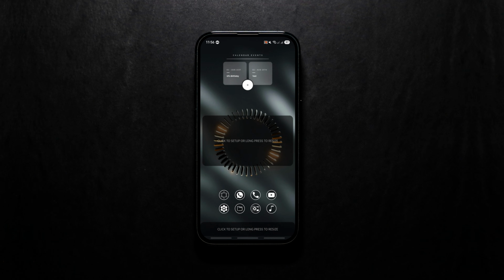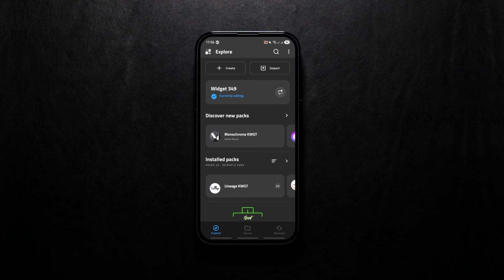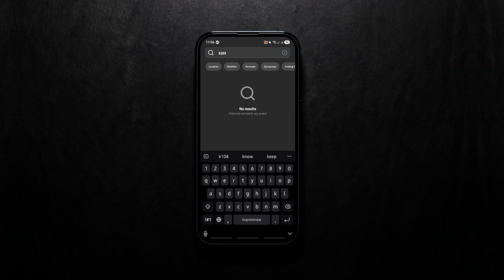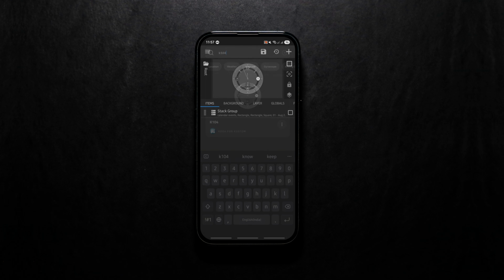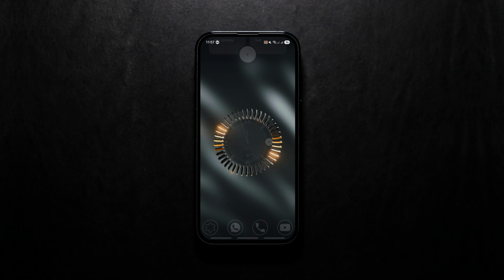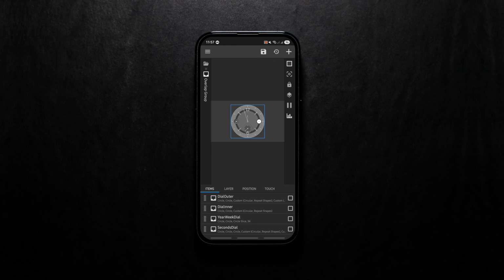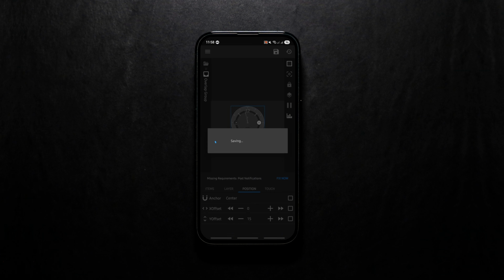To load the second widget, tap the next empty frame and select widget number 104. It's a beautiful clock widget that also shows the current date and the week number of the year. Just like before, you can scale and align it to fit cleanly in the center of your wallpaper. To adjust its placement, tap the Overlap group, head to the Position tab, tweak the Y-axis position and save your